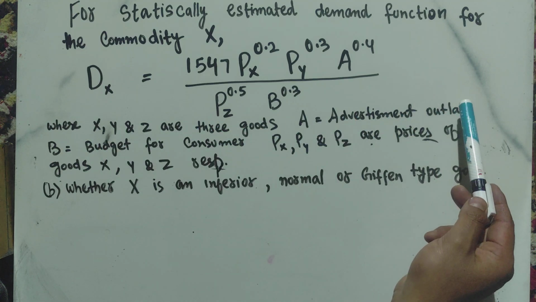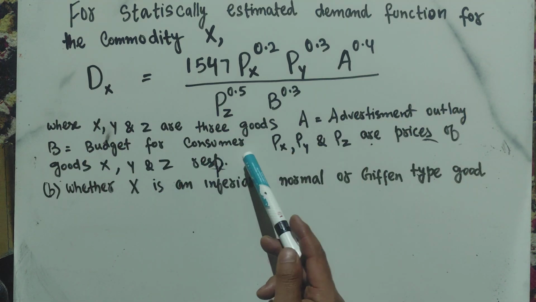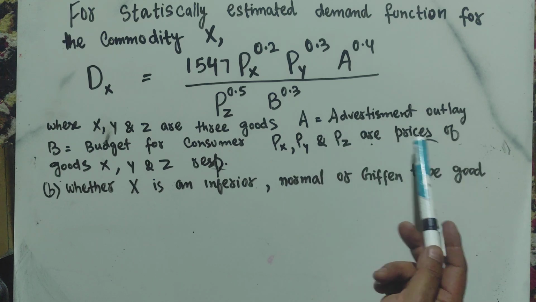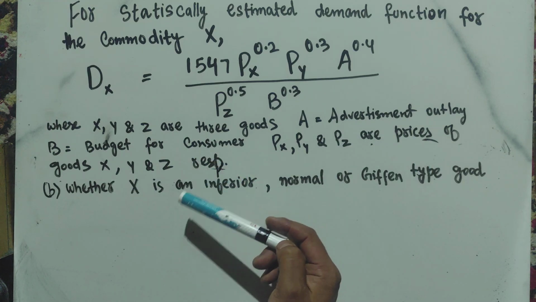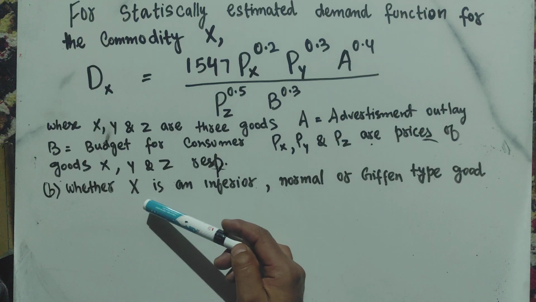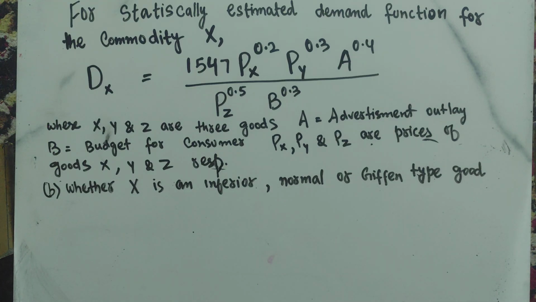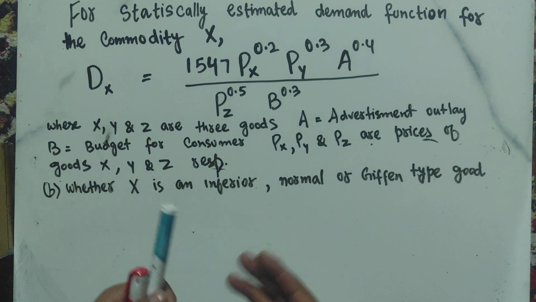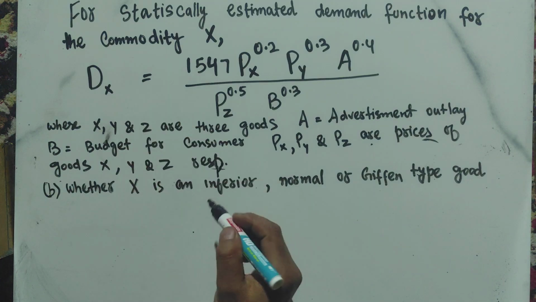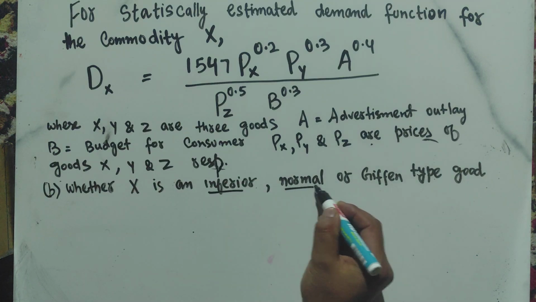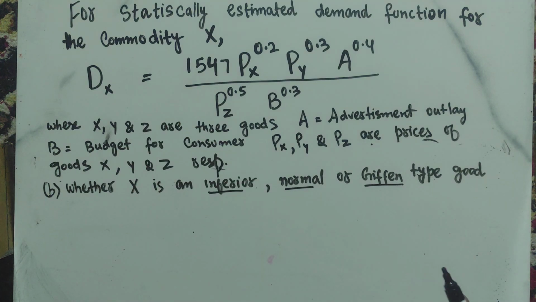A is the advertisement outlay, B is the budget for the consumer, PX, PY, and PZ are the prices of good X, Y, and Z respectively. We have to determine whether good X is an inferior, normal or Giffen type good. For that, we have to use the income elasticity of demand